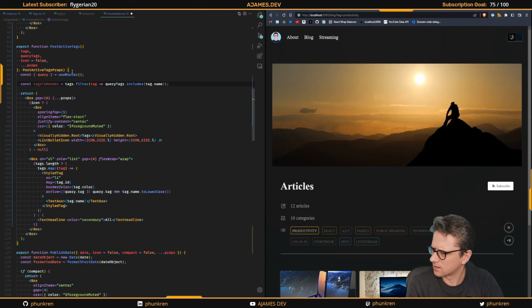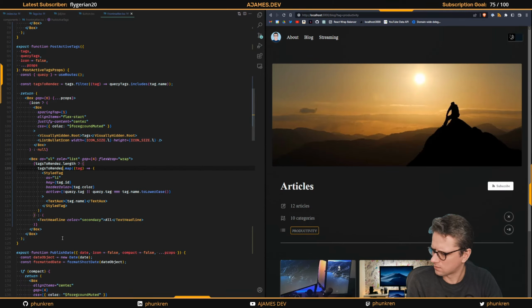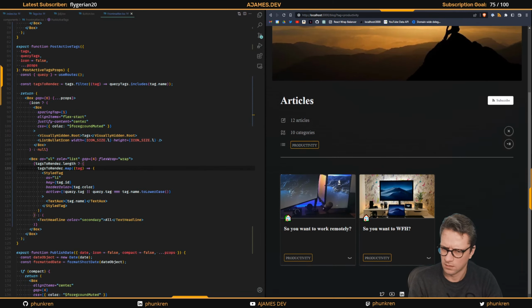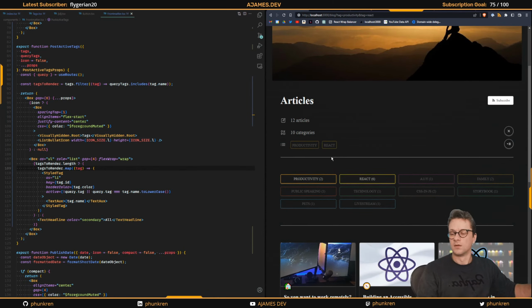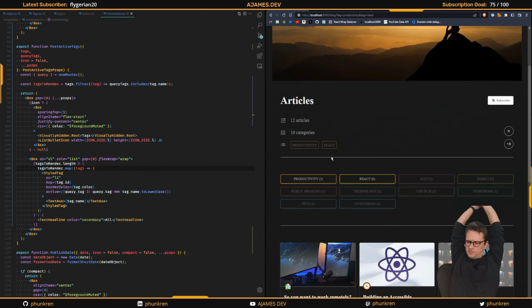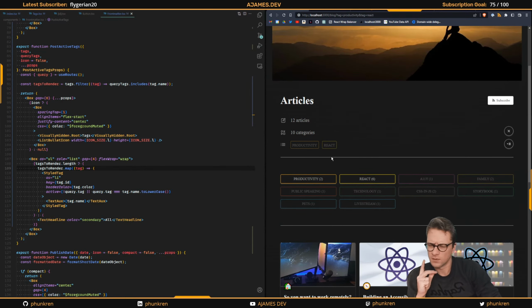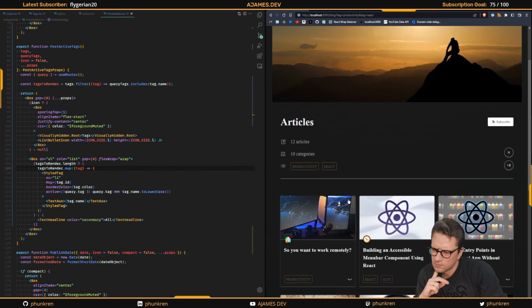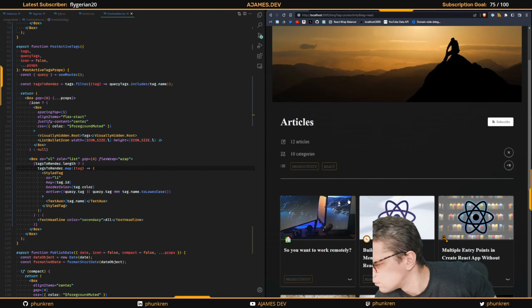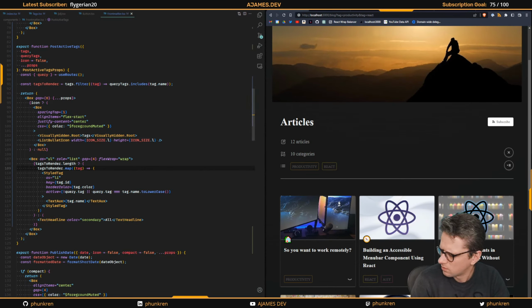So go through all the tags, work out the tags to render, which should return an array of tags. If that has tags to render, then we've got these. Which means if I now close this, I'm going to do